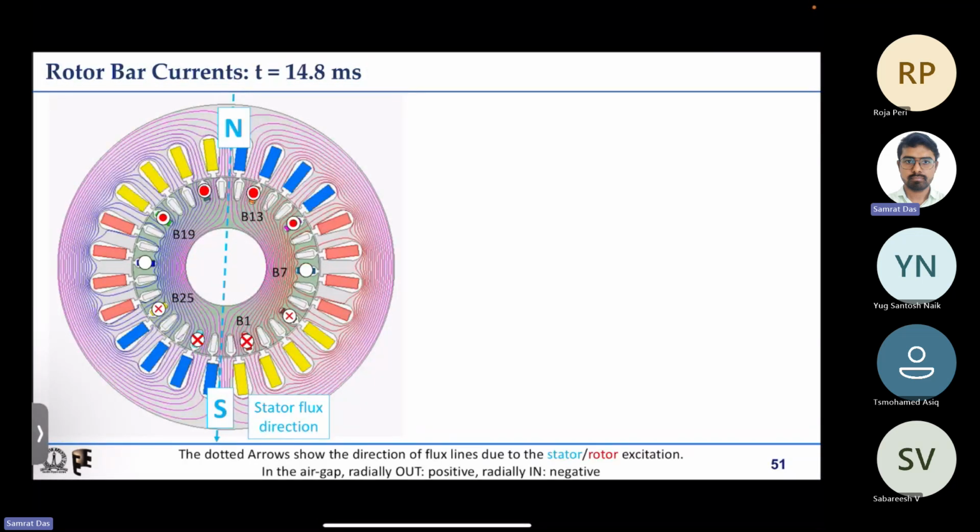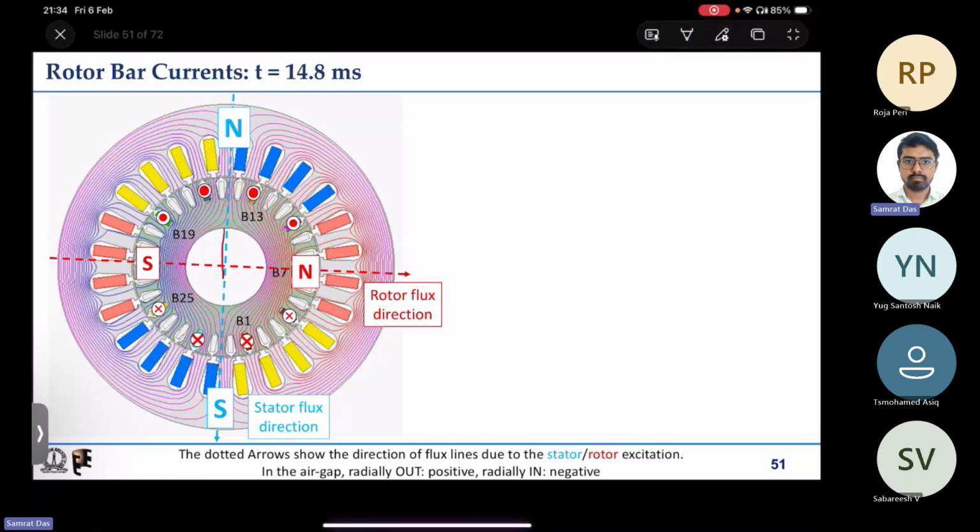And here at this instant, this is the stator flux direction, and the corresponding currents are also indicated. So if dot currents are there on the top side, and cross currents are there on the bottom side, then the rotor flux direction will be right hand side, as I have indicated in this figure. So from this case also you can see that if we connect north pole to south pole for the rotor,